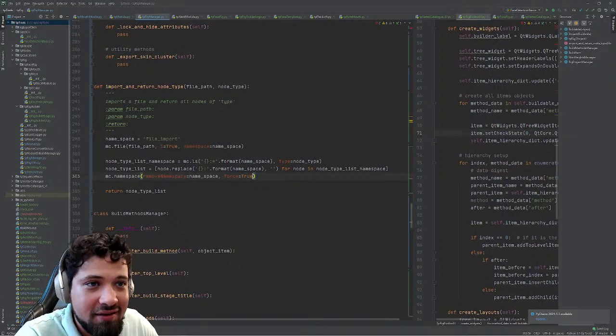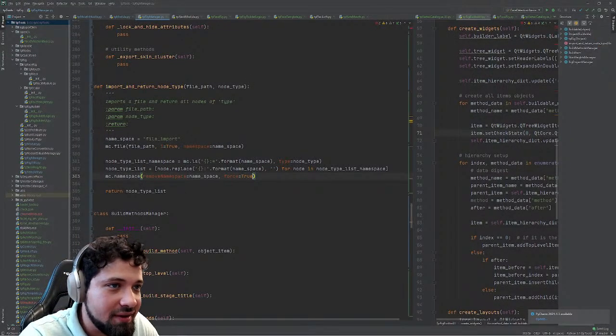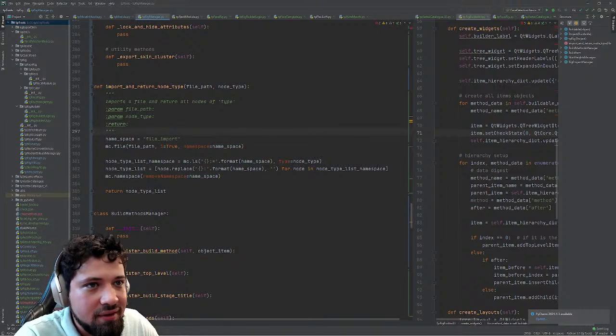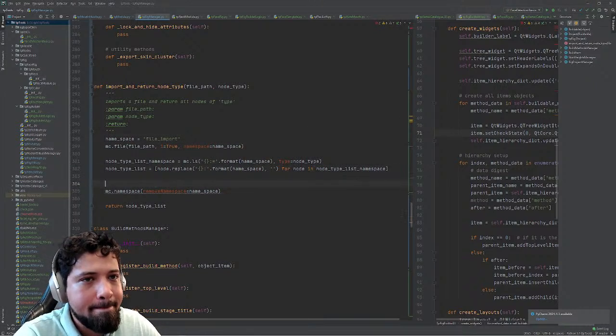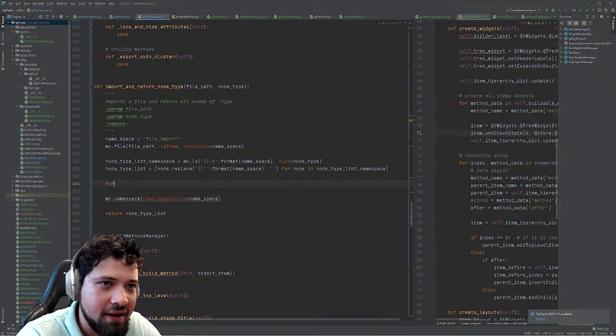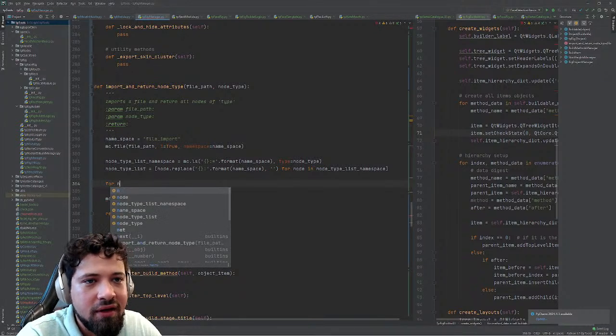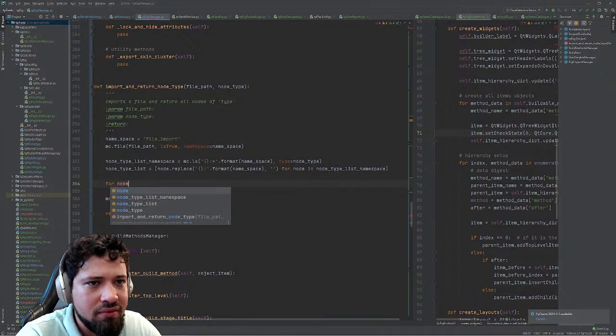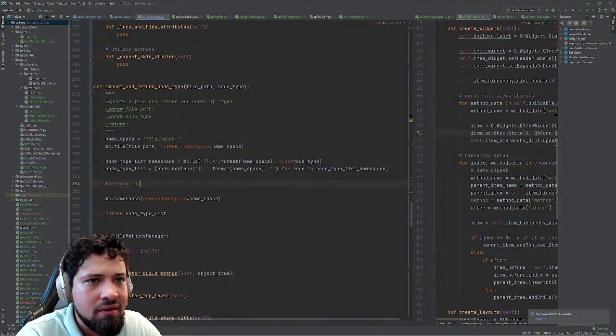It's just a name, right? Never mind the namespace. So I see. Okay. I will have to create a for loop here just for that. Unbelievable. So for node and node type,